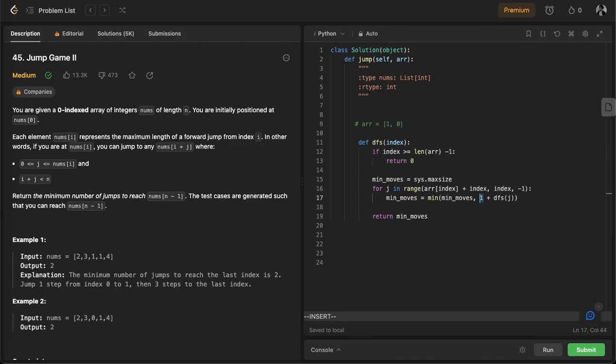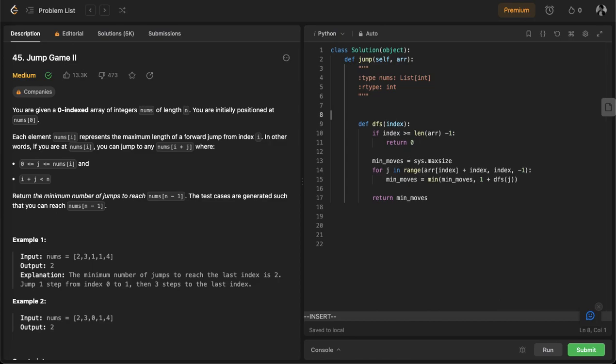So here is the one step, and once we have reached that step of 0, there is no need for it to move any further. So we are just returning the base of 0, right? So this would be our depth first search, and if we can check against it, depth first search of 0,